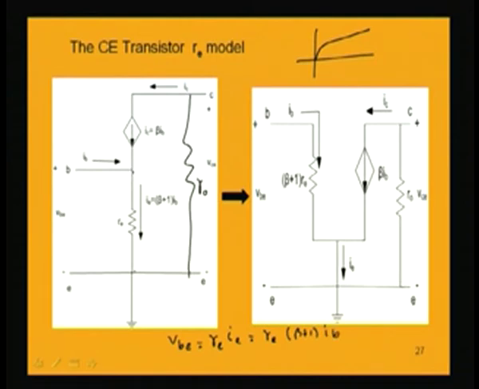So, if we keep IB and keep this together, what do I get? RE into (beta plus 1), but the current can be expressed by the same current IB flowing through this resistance, but the resistance value will be different now, it will be (beta plus 1) into RE. This circuit and this circuit are not different, these are the same circuits, there is no ambiguity or any confusion between these two circuits, only conveniently it is drawn like this just for easy analysis, and actually the resistance RE